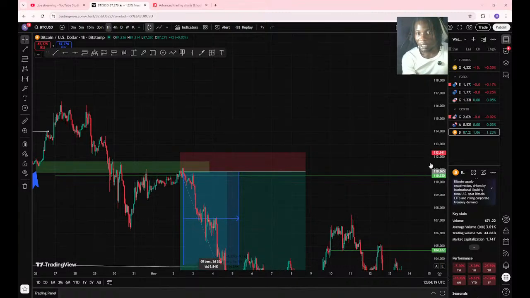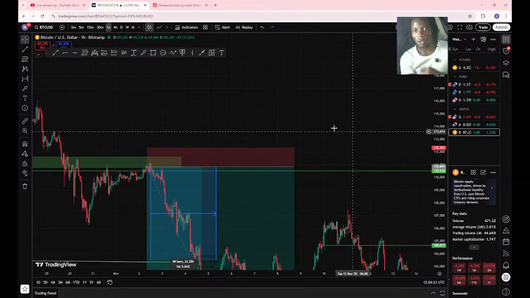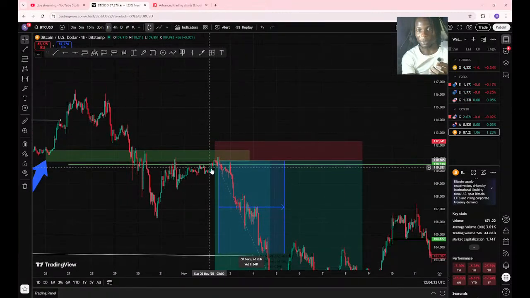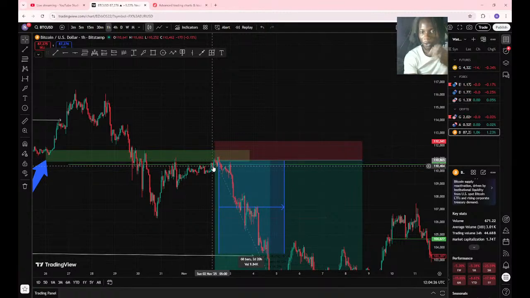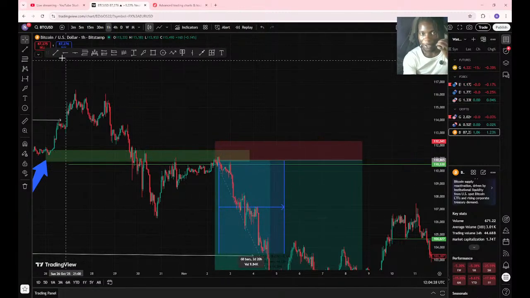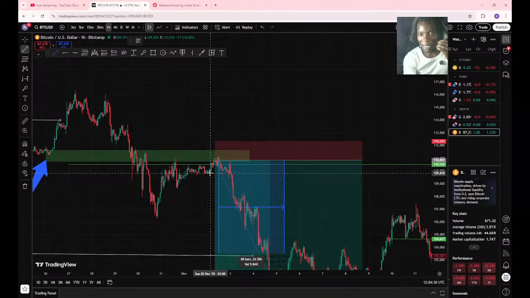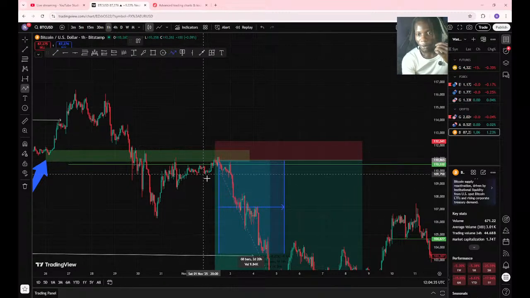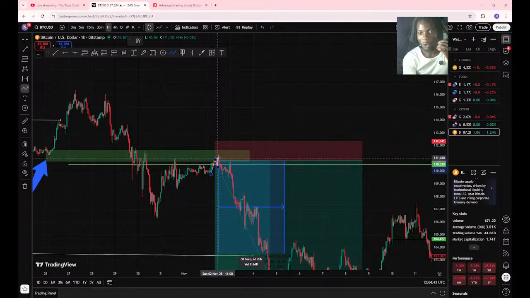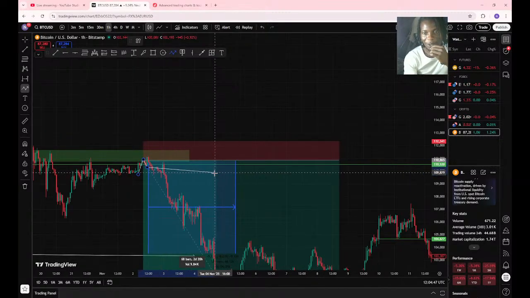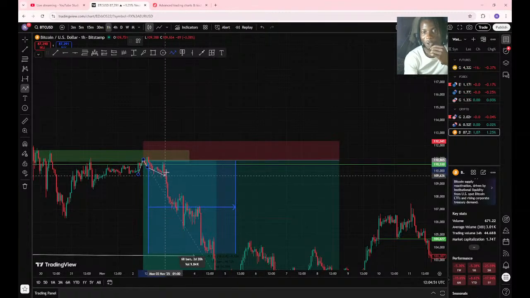Okay, this is how you confirm standard structure. Also, once you go to your lower time frame, this is showing you are going to the upside. Remember, you want to pick the downside. So once you see price now, this is where the last leg starts from. This is where the last push starts from, this point here, right? We went up, then we went down, then price pushes up, could not hold again, then broke this lower structure. There's a structure here, I think I need to zoom out. So it broke this lower structure, then price came in to retest that structure again.